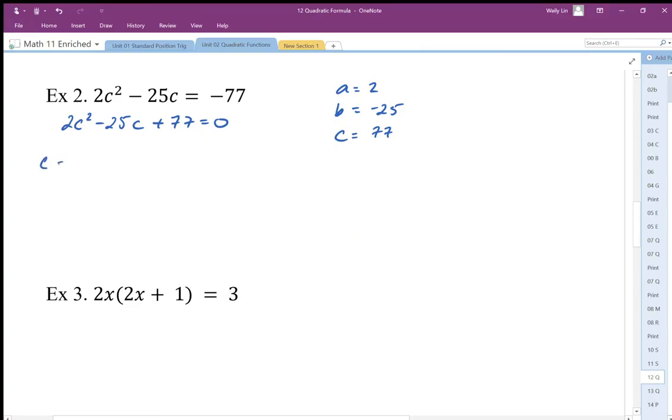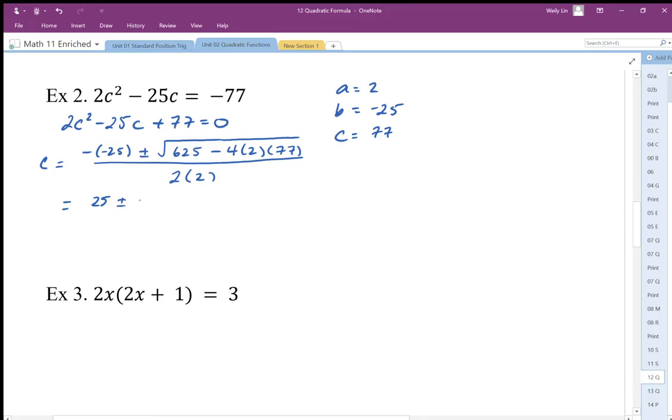So c is equal to negative of negative 25, so positive 25 plus minus the square root of negative 25 squared, 625, minus 4 times a times c. Okay, and then we end up with over 2 times a, where a is equal to 2, and then we just work this out. So we end up with 25 plus minus the square root of